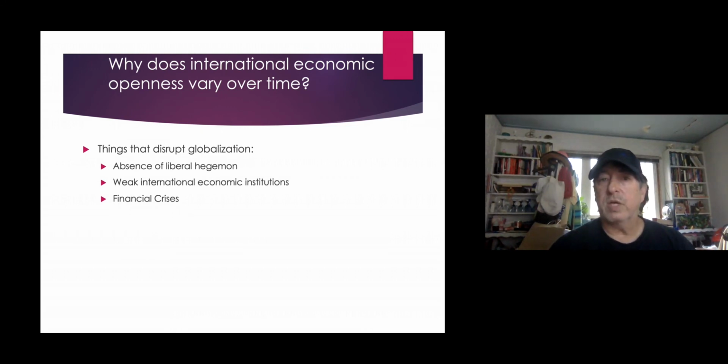When there are financial crises, which basically the Great Depression was a financial crisis, then countries begin worrying more about protecting domestic employment than they do about protecting free trade. And so often they put up trade barriers. They call home capital that had been invested abroad as a way to try to protect their political position at home. And that can disrupt globalization.